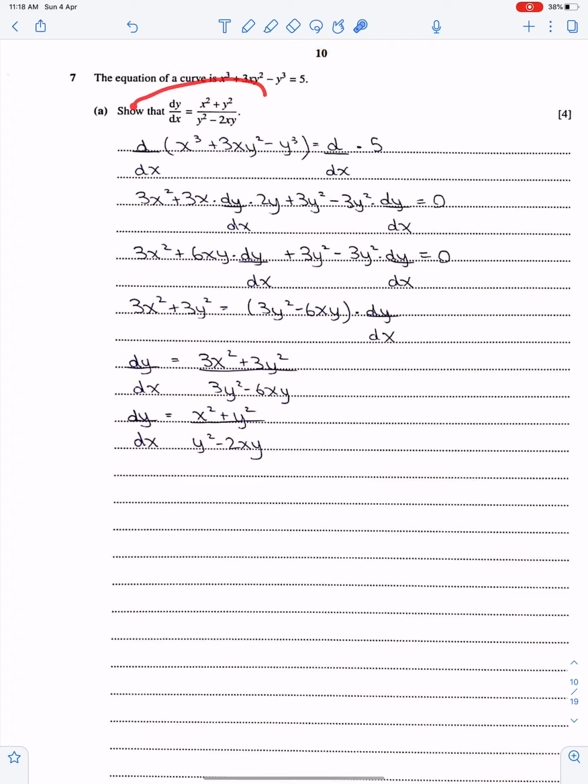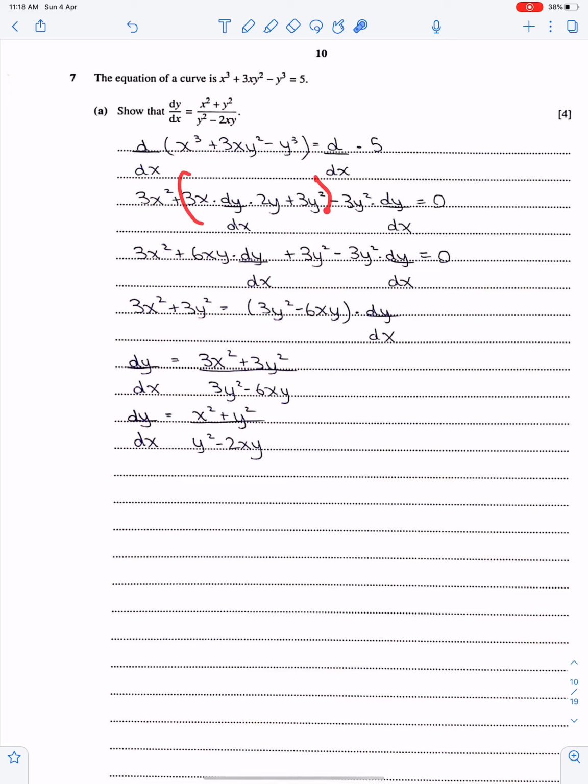Next question. Implicit function. We have to show this. This is simple. This is uv. This is simple function 3x squared. This is according to uv. This will become uv prime plus vu prime. So u is 3x and v is y square. So when you differentiate y square, it will become 2y times dy upon dx. Then copy y square and the differential of 3x is 3.